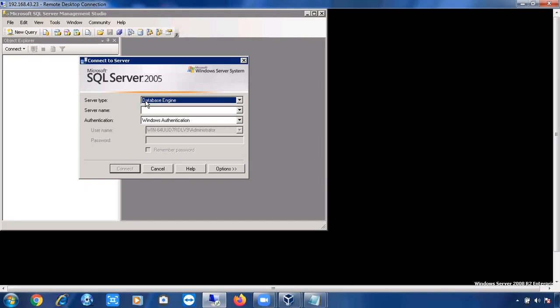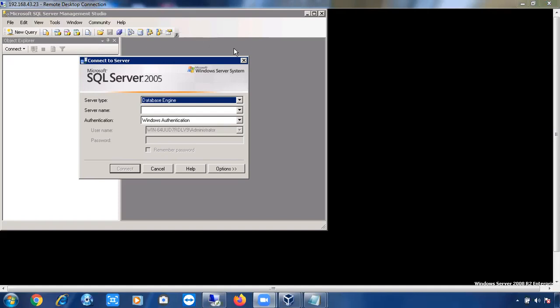I have a question. If my SQL Server is down, if my SQL Server database engine is not running, can I open Management Studio? I can open Management Studio, very good. It's a different tool.